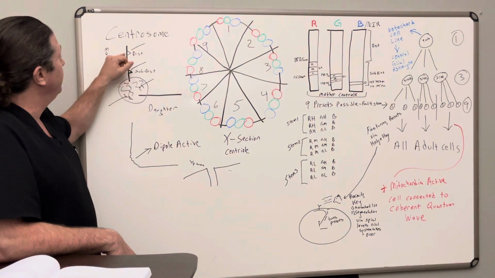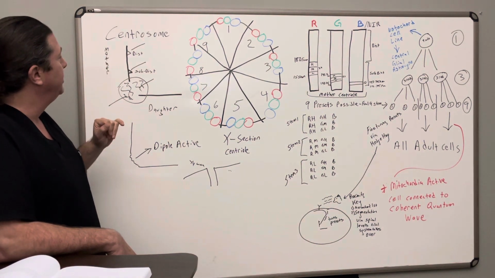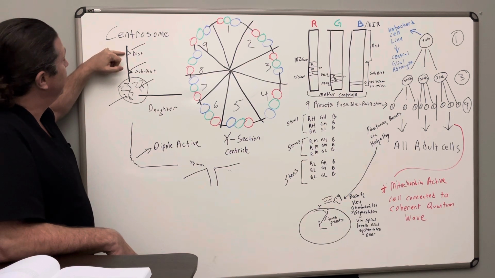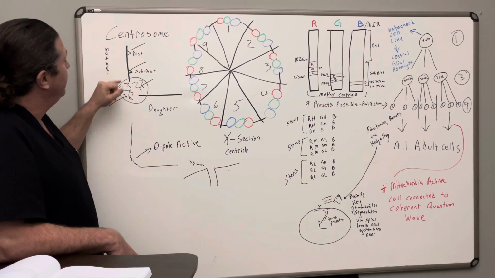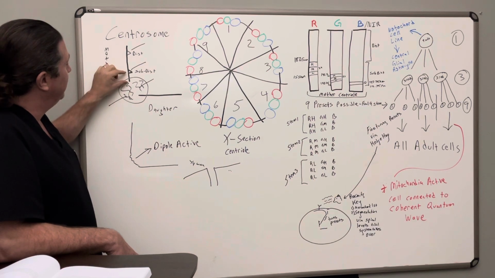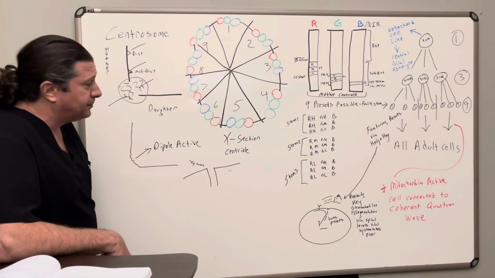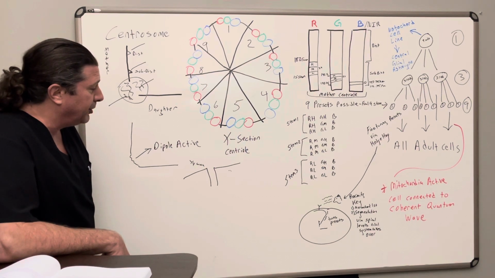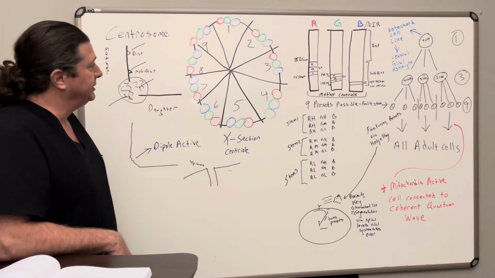So when I started looking closer, I found that this mother centriole has a distal and a subdistal appendage, almost as though you can see that the location of this would change where in the near-infrared spectrum this different microtubule antenna would work. The subdistal appendage, same thing, it's down lower. That would probably orient to the visible light spectrum. As I go a little further in my research, it was like everything was falling into place.